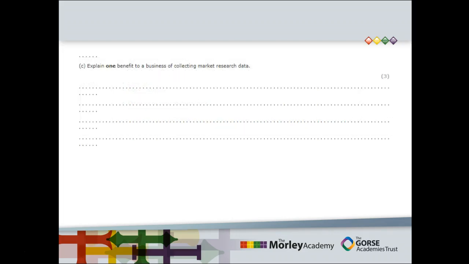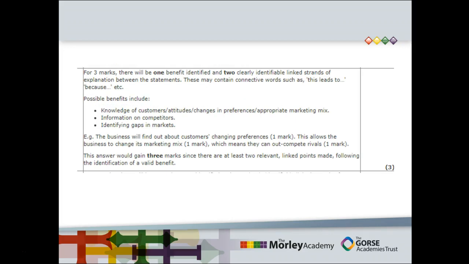Now, a classic question, in the sense that this really tests whether you understand the benefit of market research data. So this is where we're looking for those points, develops and developments. If you want to, pause the video and now I'll flash up the mark scheme in a second. So if you look down here,